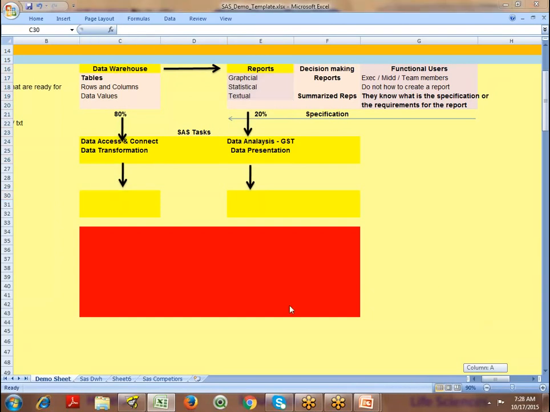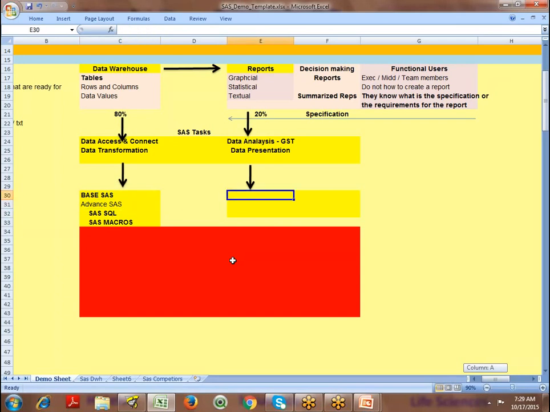Generally with respect to the SAS software, for data access and data transformation, we are going to use base SAS. Okay, so this is a SAS software product. And then under advanced SAS, you have SAS structured query language, which is called SQL, and you have something called SAS macros. So these are the chapters that you're going to deal with respect to data warehousing.